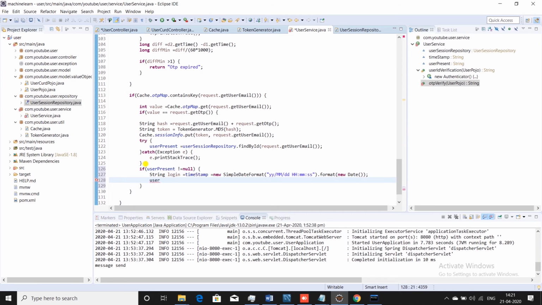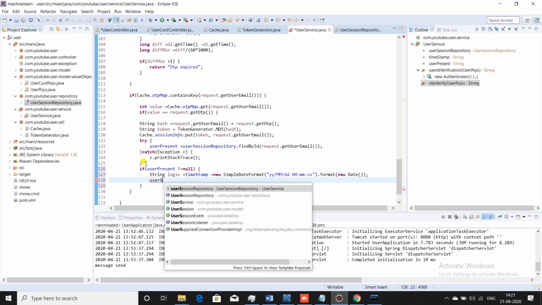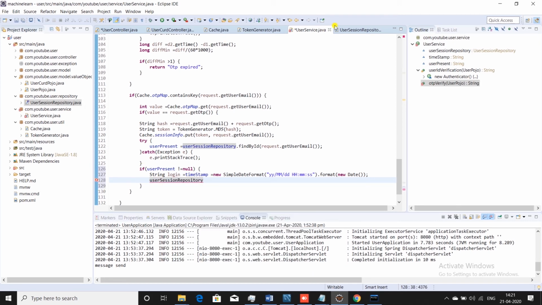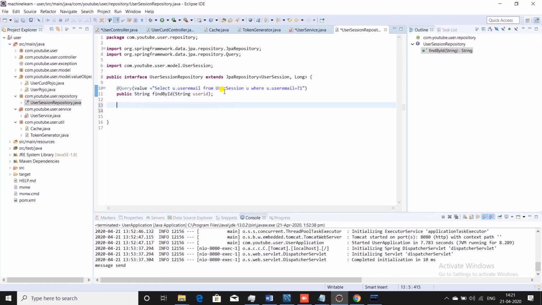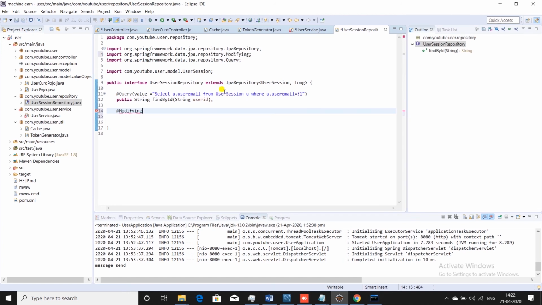Now we have to write one more query. If the user is not equal to null, meaning the user is present, we have to update that user. So for the update query, we have to give an @Modifying annotation, because we want to modify a result, and we have to write the query: update UserSession u set